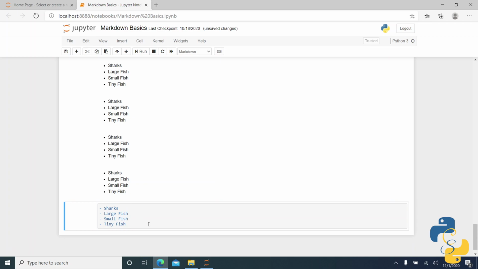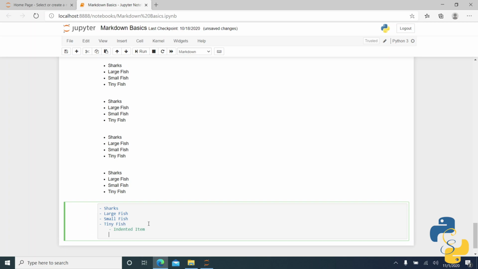Once again, no big difficulties with that, but now we have to add indented items, right? So what we want to do here is not anything terribly important. We just have to move over 4 spaces, right? So 1, 2, 3, 4, a dash, and we can put indented item. Let's literally just type indented item, and then indented